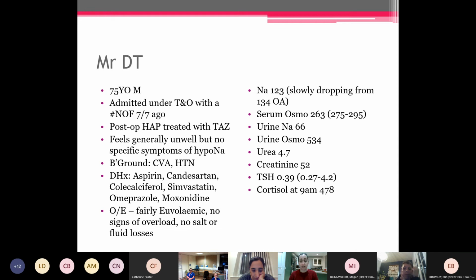So sodium has slowly been dropping since admission, so it's dropped from 134 to 123. They've done all the investigations for us, so his serum osmo is low. Urine sodium is quite high at 66. Urine osmolarity is 534, so it's not less than 100, so that's what we're interested in. The urea and creatinine, he's not dry. TSH is normal, and a 9 AM cortisol is also normal. So everything on there is normal, but of note, he's got hyponatremia, hypoosmolar, and a raised urinary sodium with that background. So my questions this time are,